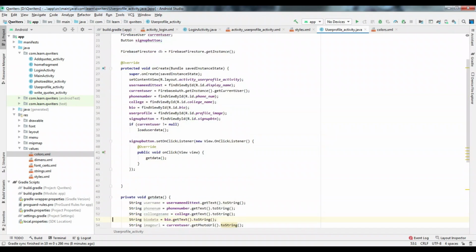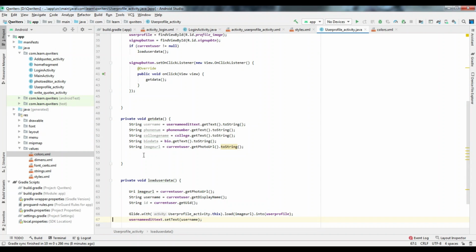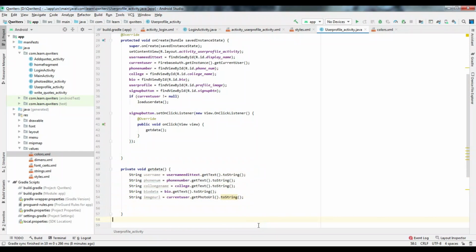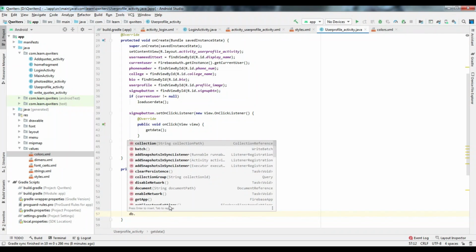Now we will be adding data to the database. We have defined the database as DB. You can take this, or else you can copy this here globally if you don't want to define it here. Next, DB dot collection name, users.